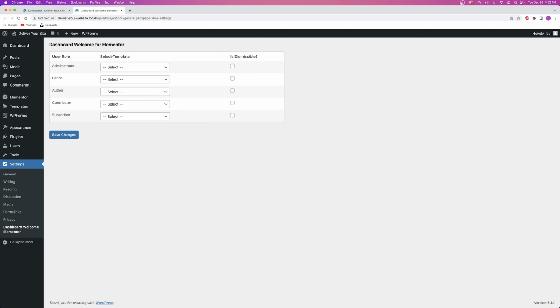So over here on the left-hand side, selecting the template. What you're doing right now is choosing which roles are going to be able to see the template. So right now I'm logged in as my admin account, so I want to be able to see it on my admin account. So I'm going to choose the template right there. Now, what I would recommend is just letting everyone see this template. So editors, authors, contributors, everyone. Doesn't matter what the role is, it'll always pop up on their dashboard. I'm just going to select it for everyone, but this is where you guys can customize who can see it